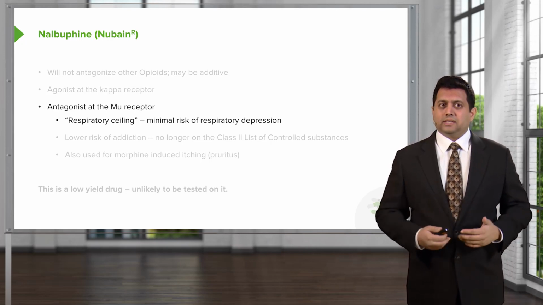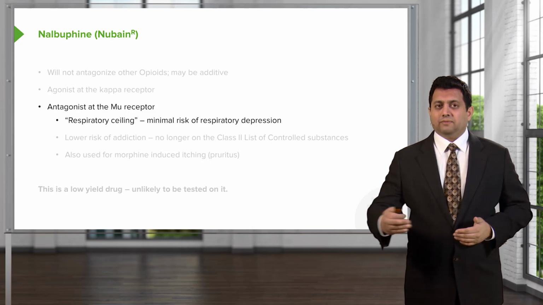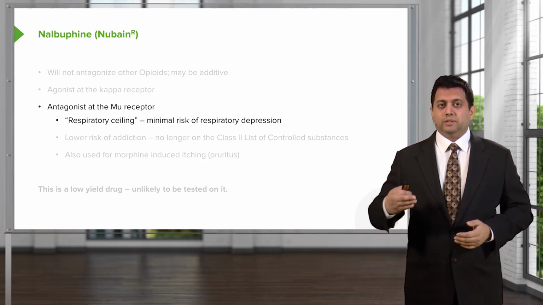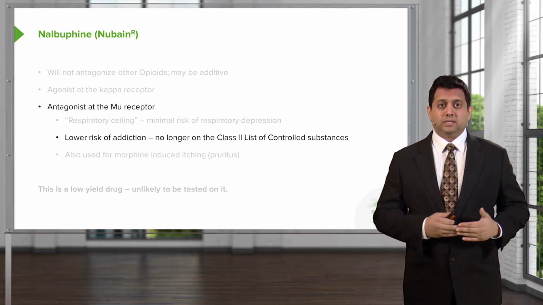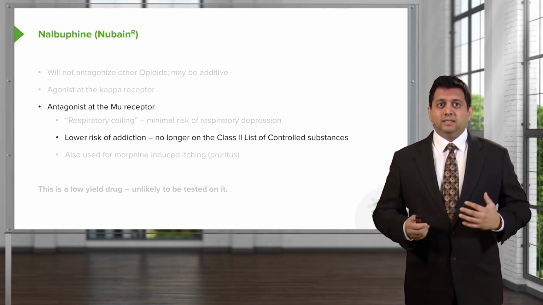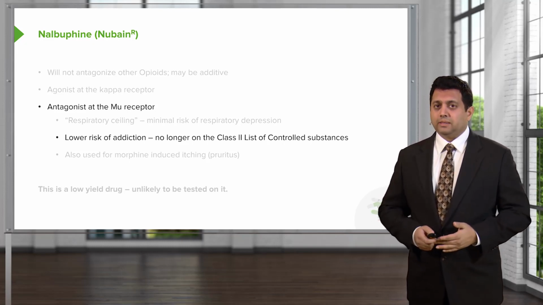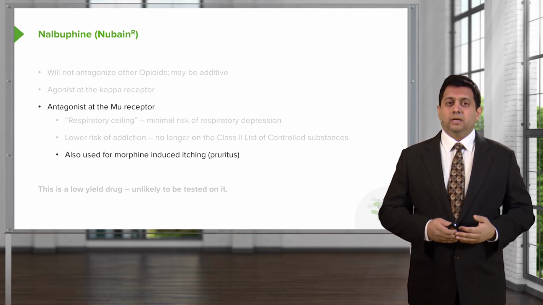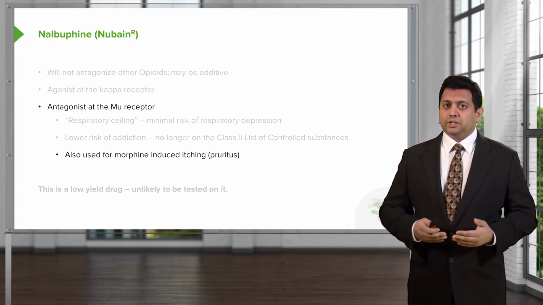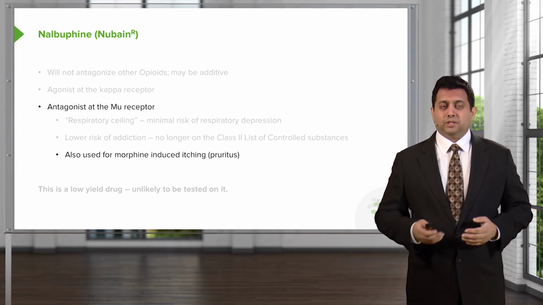What this gives us is a respiratory ceiling. So what that means is that even if you give very high doses of this drug, there is minimal risk of respiratory depression. There's also a lower risk of addiction. And in fact, this particular agent was taken off the Class II list of controlled substances by the FDA. It is also used for morphine-induced itching or pruritus, so that you don't get as many histamine reactions from this